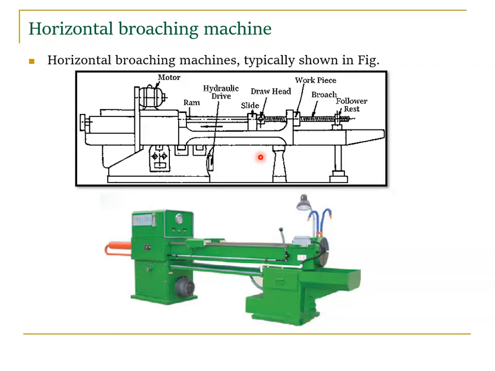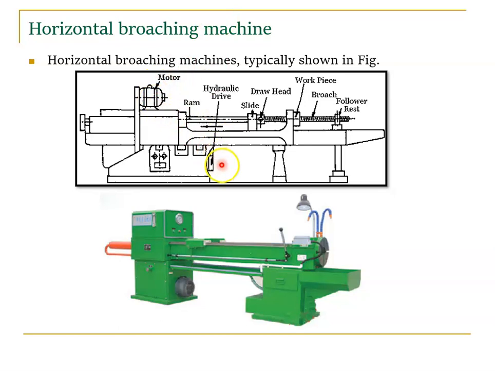In the lathe, on the left hand side we have a spindle, and in the spindle we have a chuck. It is a rotating part in the lathe. But here on the left hand side we have a motor. Here we don't have a spindle, we have a ram. A spindle rotates, whereas a ram has reciprocating motion, like our shaping machine. In the shaping machine the ram is on top, the same way. So the difference between lathe and horizontal broaching is that instead of a spindle, here we have a ram. The ram is operated with the help of an electric motor, so we have an electric motor over there.